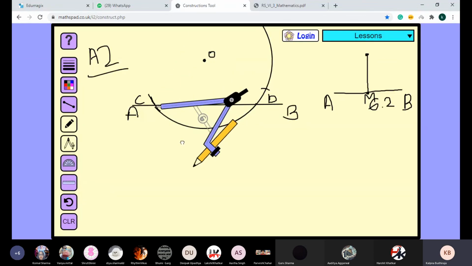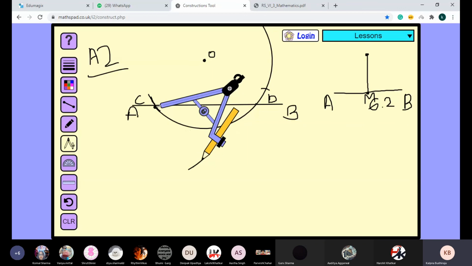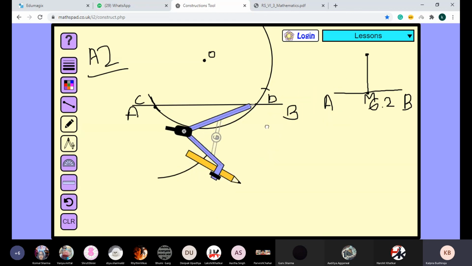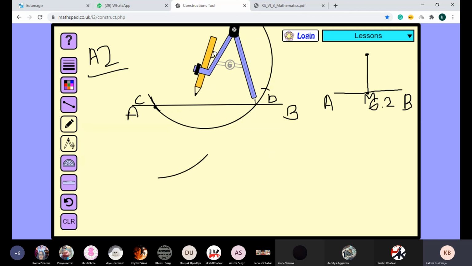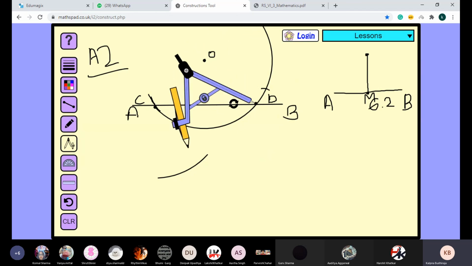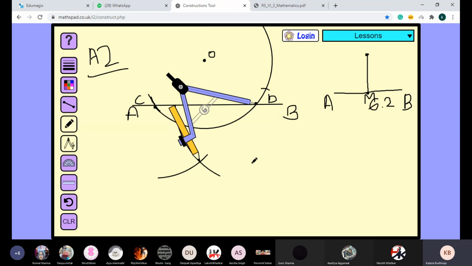Now you are going to make an arc here. ठीक है, the way I am doing it, I have made an arc here. Now I will place the needle at D without disturbing my compass. Just a minute. Let me open it again. Okay, so this is more than half. बेटा आपकी कंपास जो है डिस्टर्ब नहीं होनी चाहिए.